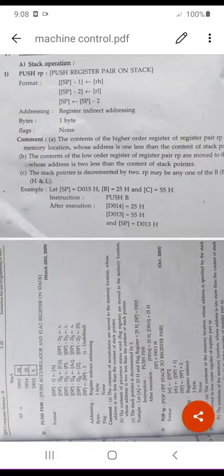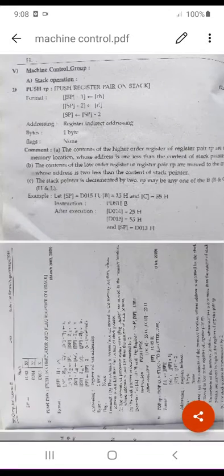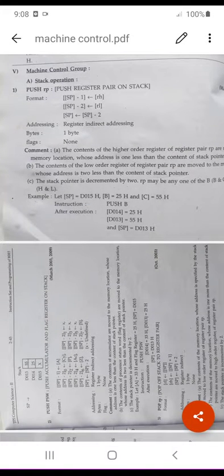So first we learn about the push instruction. In that, 16-bit data is stored at the stack pointer. For that purpose either a register pair or the program status word, that is, a combination of accumulator and flag register, is used. So here we first learn PUSH RP, that is, the content of the register pair gets stored on the stack. Here RP is the register pair, which may be BC, DE or HL.